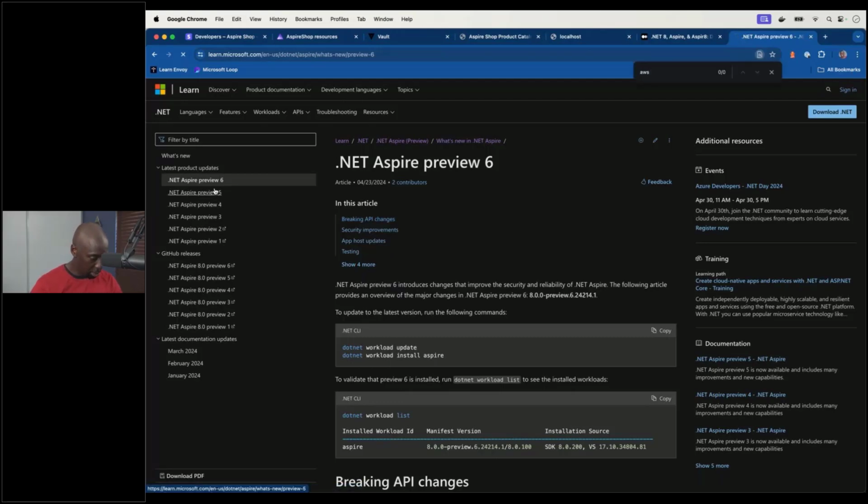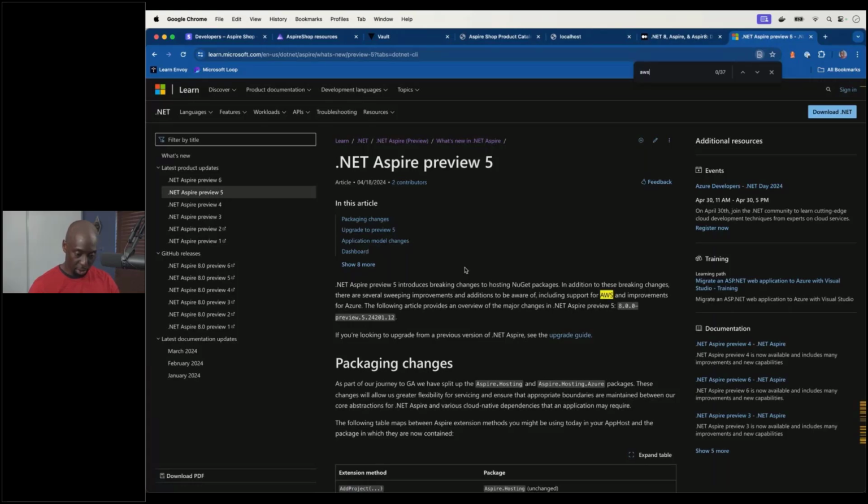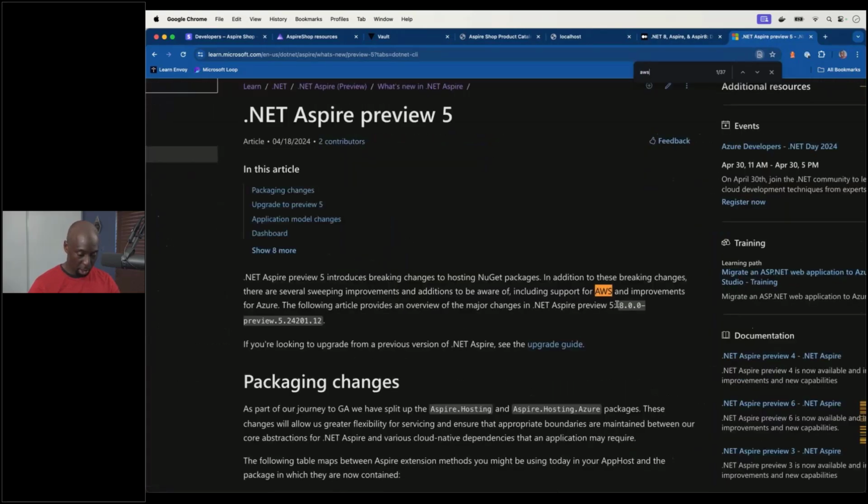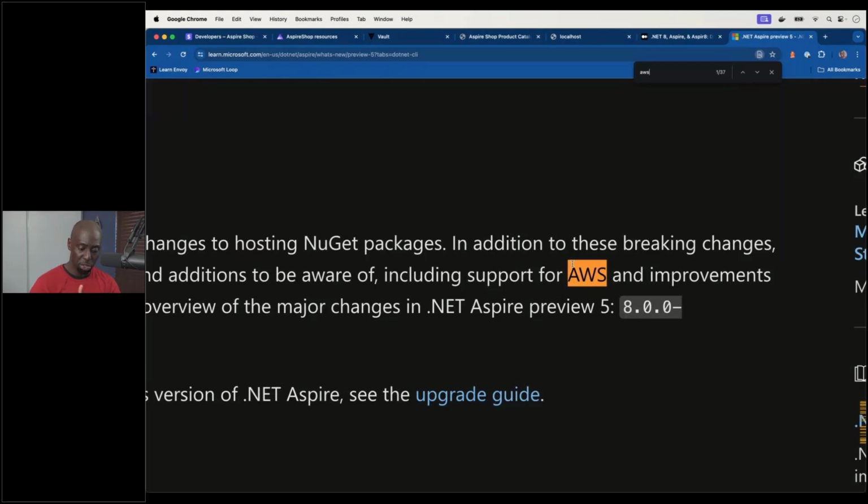I think it was added in Preview 5 because Preview 6 is very new. There we go. Preview 5, the previous preview, will generate, I think it's called CloudFormation templates for you for AWS. And if you're going to Azure, it will generate a manifest file that the Azure Developer CLI will then use to generate Bicep for you that you can deploy.